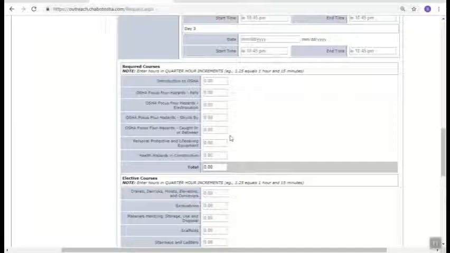You'll enter in how long you spent on each topic, following this guideline of number, period, number, number. You need to be sure to meet the minimum topics. For construction,